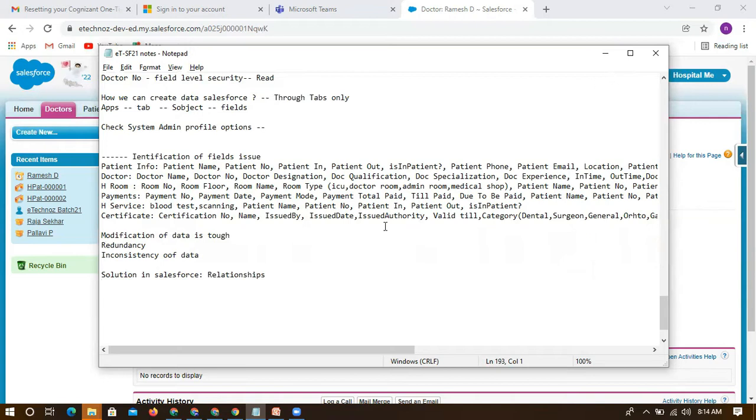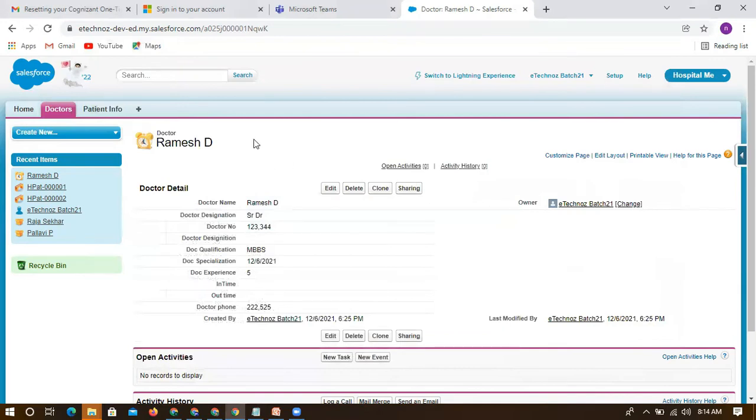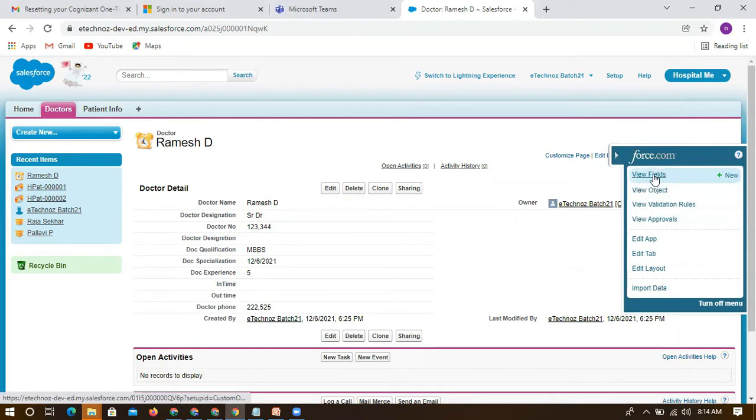First we have to see how this relationship works, and second, how we will identify those relationships. So first step, let's go to navigation steps, and you can quickly check here itself. You can go to all fields. If you are in doctors, it will show only doctor fields; if you are in patient, it will show patient fields. You can click view fields, or you can also create a new field. This is a shortcut: you can directly create a new field here for this doctor object instead of going back to setup and all.